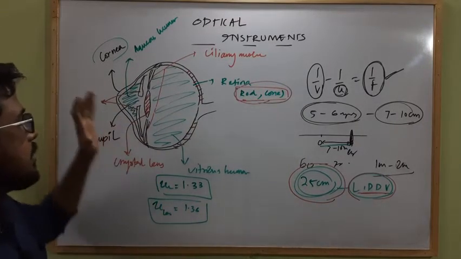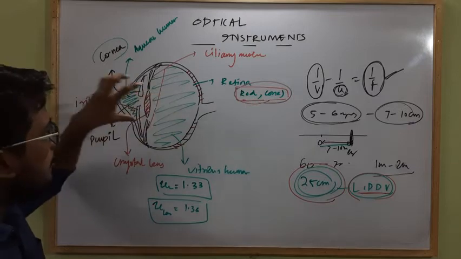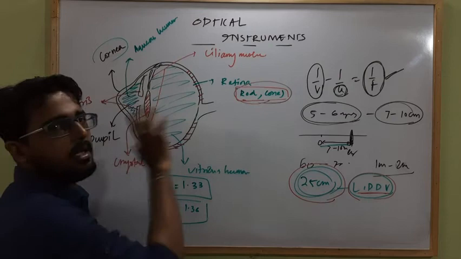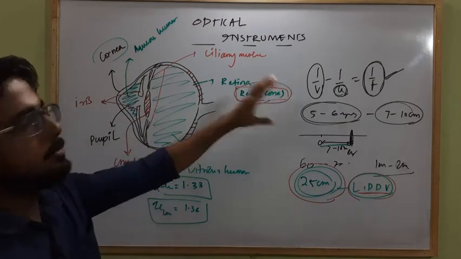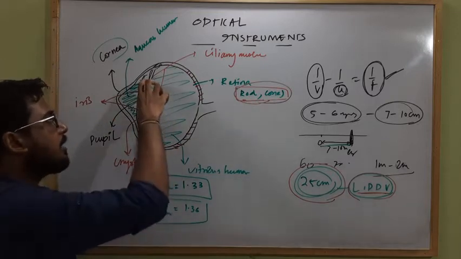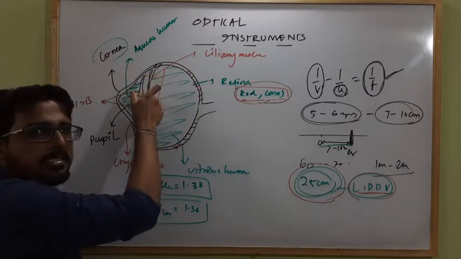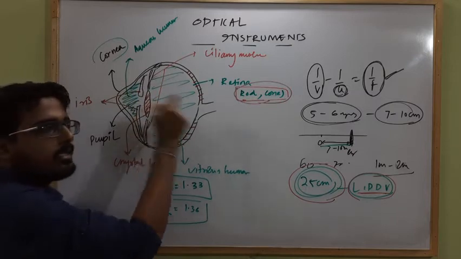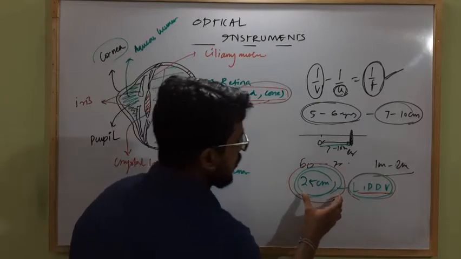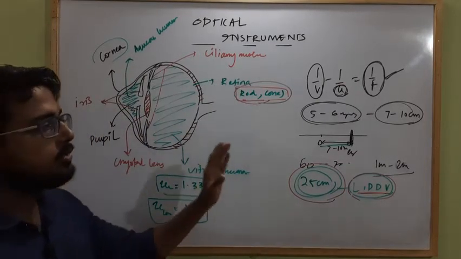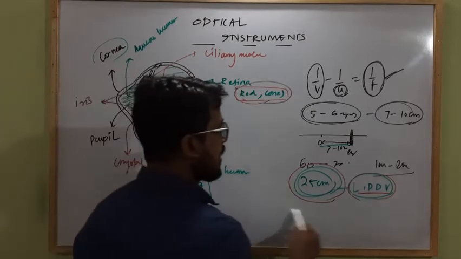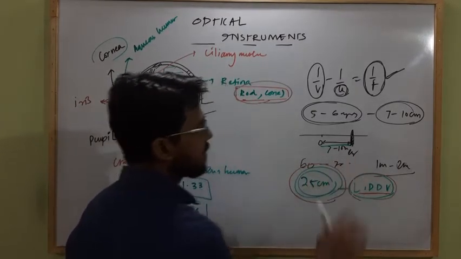Okay, clear? So this is the human eye, and it behaves as a lens, a magical lens which can change its focal length according to the object distance, because here the image distance is fixed. But it has a limit up to which it can change the focal length, and that closest distance from the eye at which you are able to see the image is known as the least distance of distinct vision. In general, this has the value of 25 centimeter.